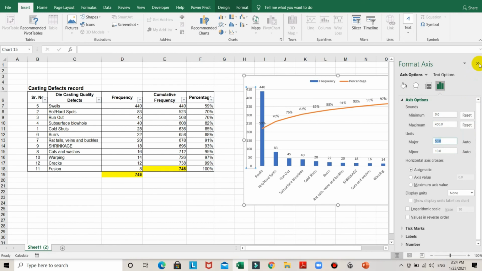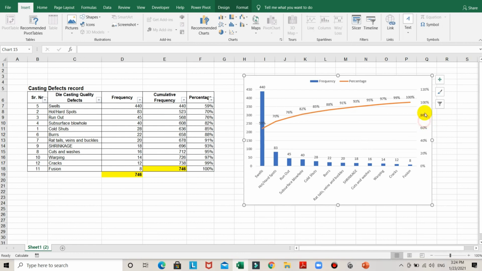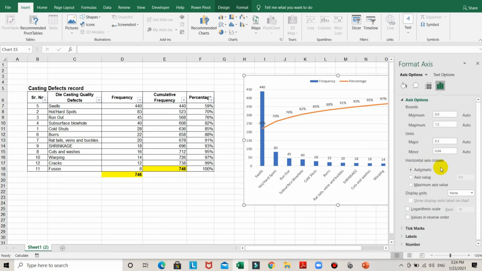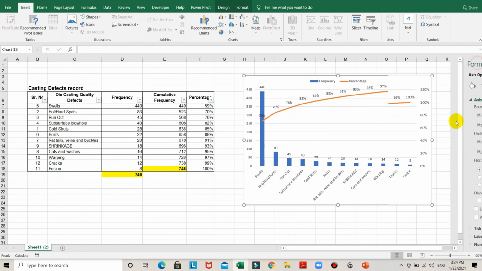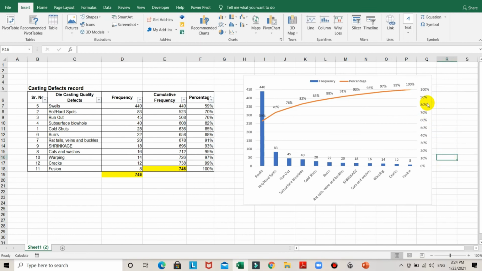Similarly we will keep this to 100%. Again format this axis, and here you just have to add 1. In this way the axis is applied and it is properly aligned.